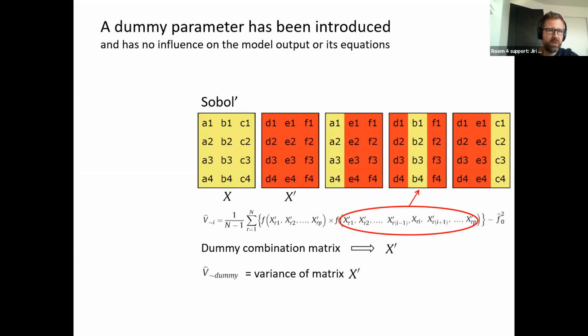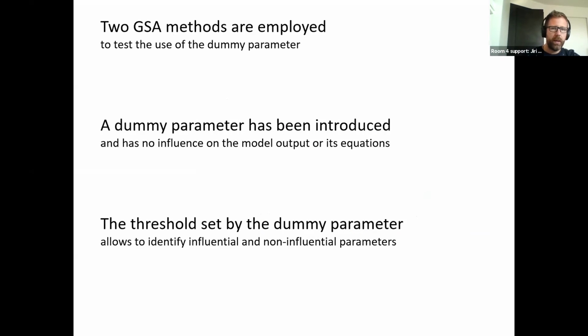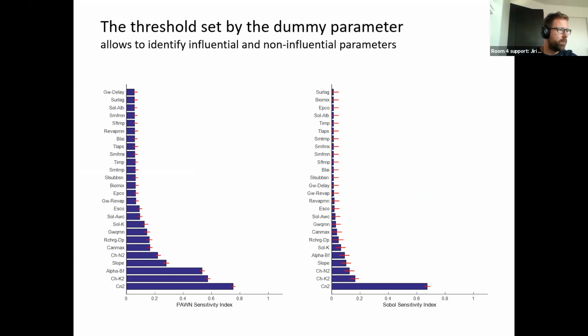So that means that this variance is also the variance of X prime. And this means that there is no additional model evaluation required. And the good thing is that we actually were able to prove that this threshold method really works. And I will show you that in just a second, because if you look at the results of either at